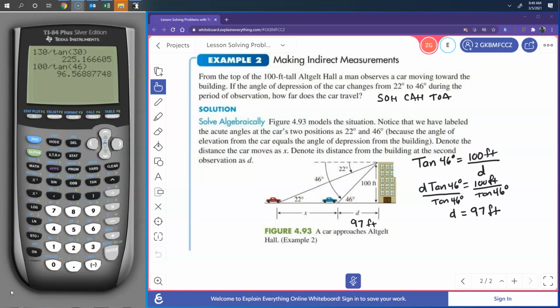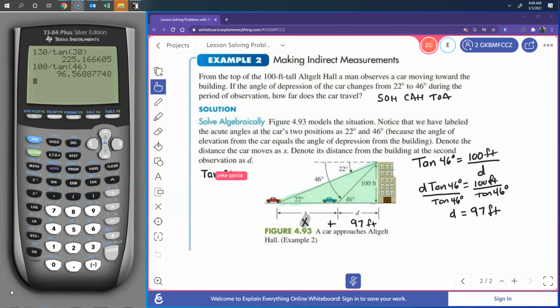Now we're going to have to focus our attention on the bigger triangle. Like the problem said, the line of sight did change. So we know that's 97 feet. So the distance from the car and the hall now, because the line of sight changed, will be x plus the 97 feet. And you're still using tangent, so it's going to be tangent